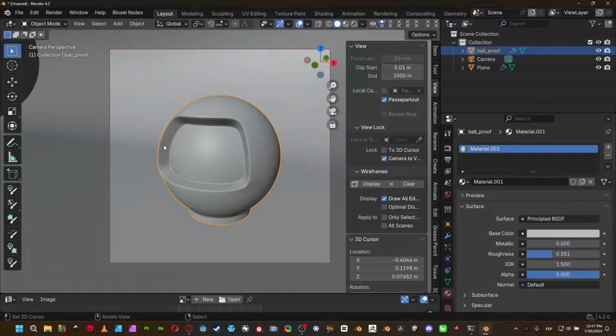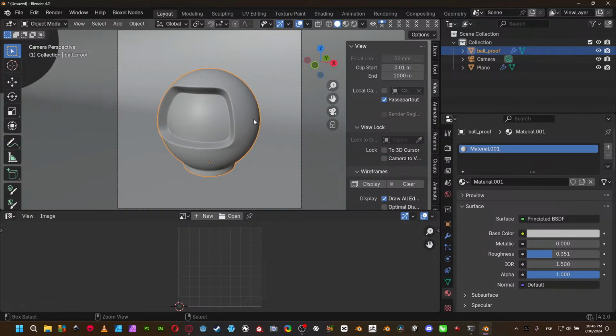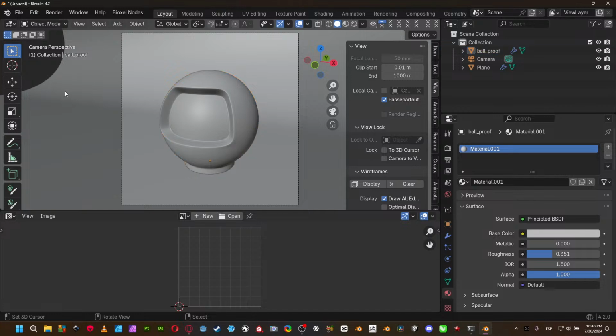So this is Blender 4.2, the new release that they recently released like 2 weeks ago, if I'm not wrong. So we're gonna cover some specific basic things about materials in order to understand just the basics. First of all, as you can see here in the image, I have my viewport in here with a testing ball. And the thing is this: most of the time, people are just worried about materials because they